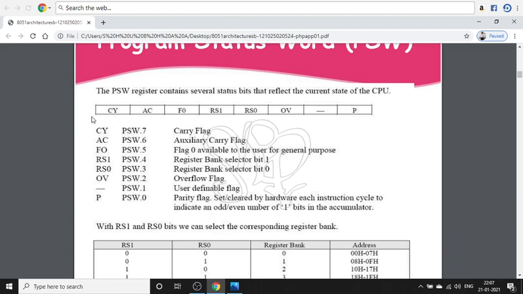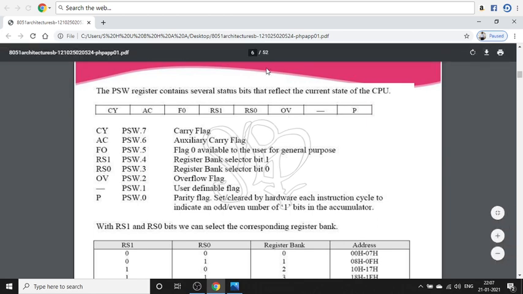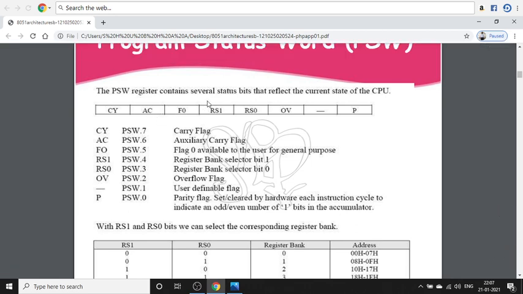In such cases, that will show that the overflow flag is set to 1, otherwise it will reset to 0. That means the overflow flag is set if there is a carry out of B7 and not from the carry out of B6, or there is a carry out of B6 but not B7.